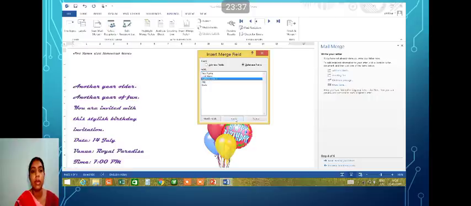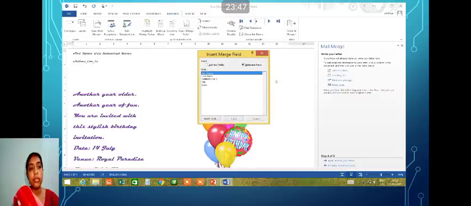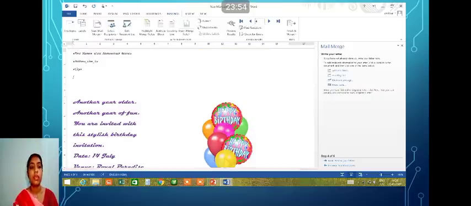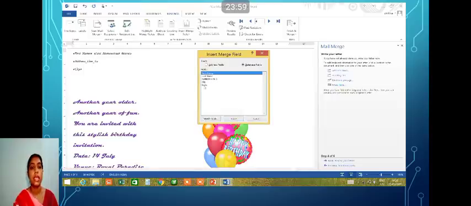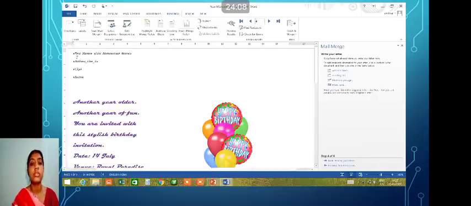In the next line, wherever in the document you want, place your cursor and you can insert that particular field. Now city. Again on more items, state. Yes, done.